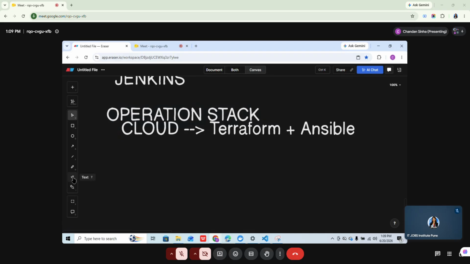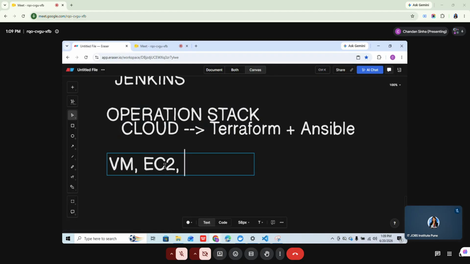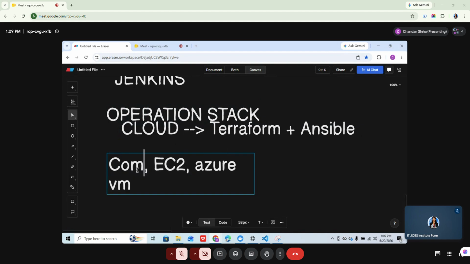उसके बाद आप डिप्लॉय करते हो जब सर्वर्स को, VM बना रहे हो, या AWS के टर्म में बोले तो EC2 इंस्टेंस बना रहे हो, या अज्योर के टर्म में कहें तो वर्चुअल मशीन बना रहे हो, वहाँ पे अज्योर VM बोलते हैं उसको। और गूगल के टर्म में बोलते हैं कंप्यूट इंस्टेंस। टर्मिनोलॉजी अलग अलग है, बट बेसिकली है सब सर्वर ही।